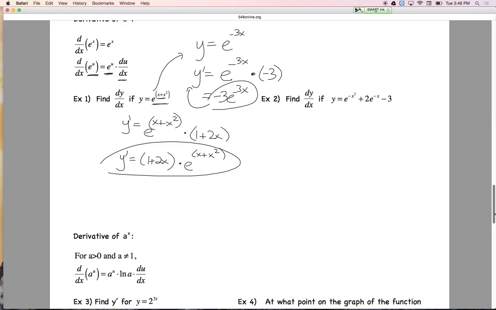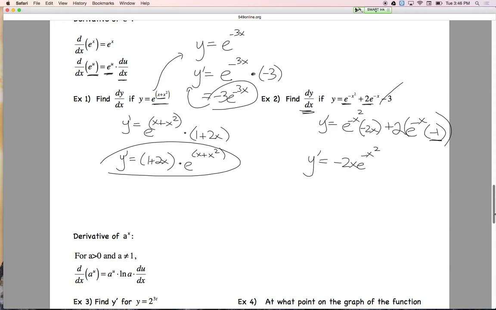Going on to example 2, find the derivative dy dx. y prime is going to be equal to the derivative of e to the negative x squared, which would be itself, e to the negative x squared, times the derivative of the exponent, which is negative 2x, plus this next part, constant multiple rule, we'll just go 2 times the derivative of e to the negative x, which will be itself, times the derivative of the exponent, which is negative 1, and then the derivative of a constant is just 0. So the final answer will just be negative 2x e to the negative x squared